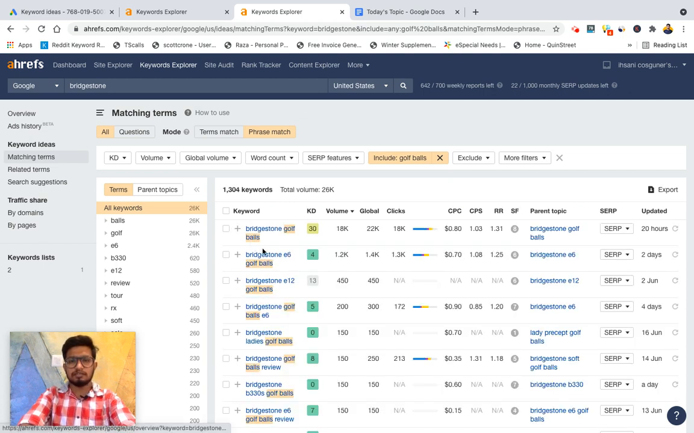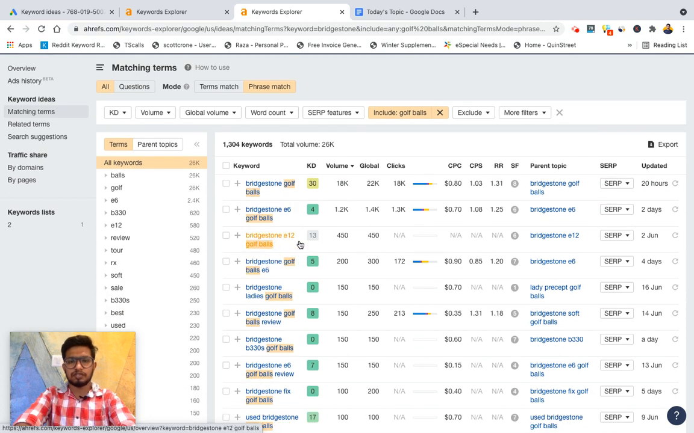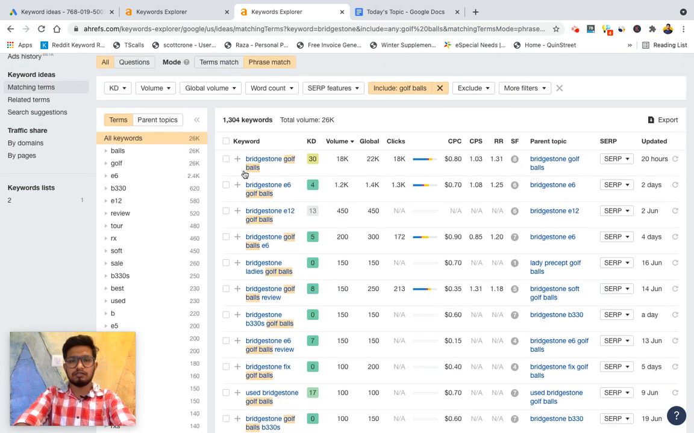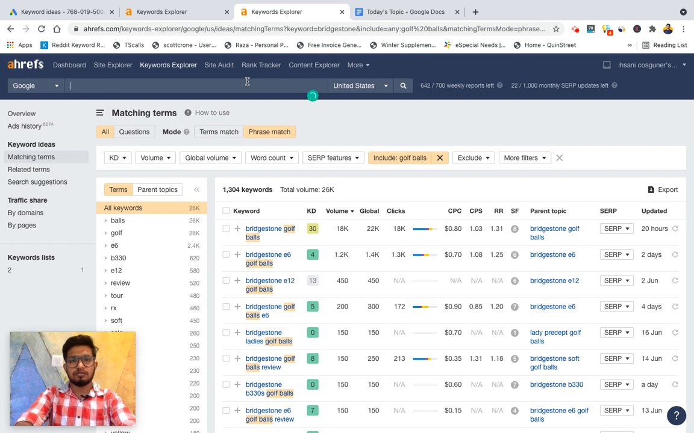Now it gives us more keywords like Bridgestone E6 golf ball, Bridgestone E12 golf ball. Now these are the sub keywords under one brand which you can write on. Now we got the keywords Bridgestone golf balls, Bridgestone E6 golf ball. Now to find more keywords, we will copy this, remove it from here,